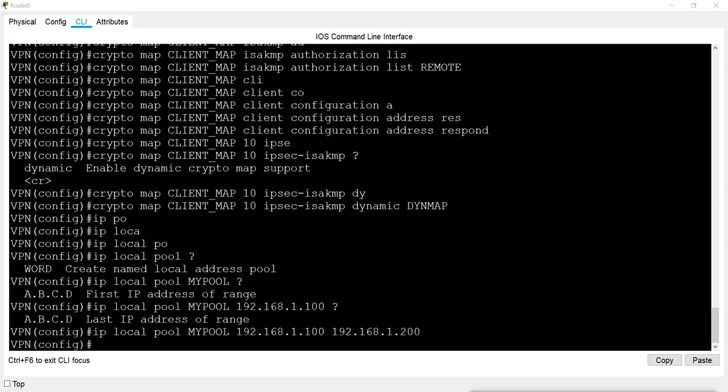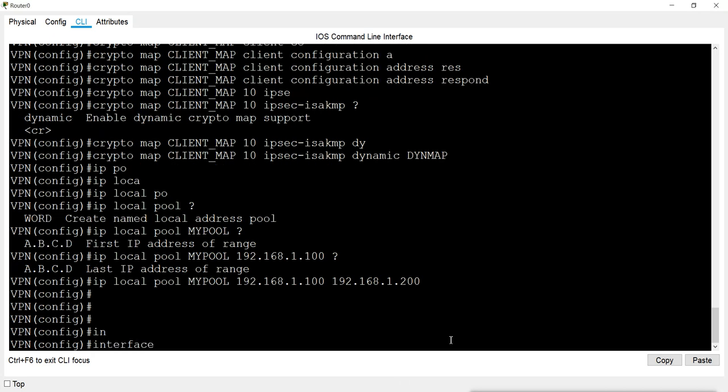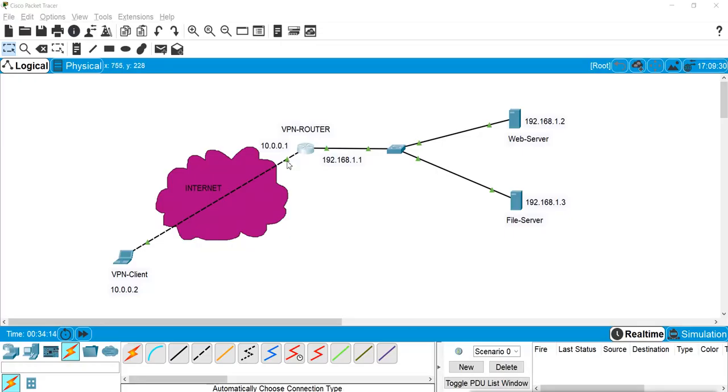Now finally we'll go to the interface. Which interface do we want to have the access of the VPN clients? It is this interface, FastEthernet 0/1.